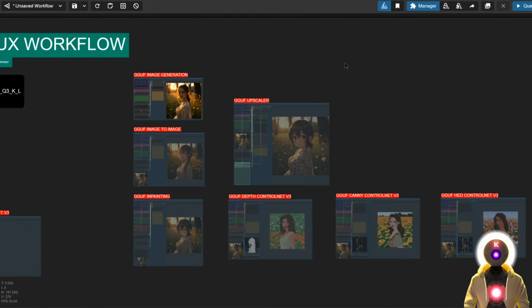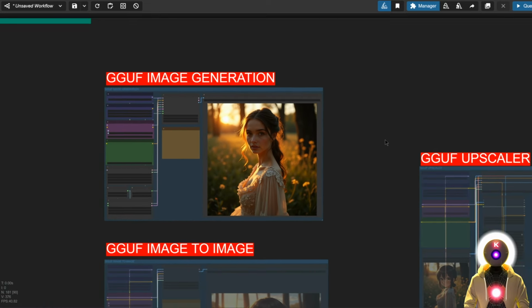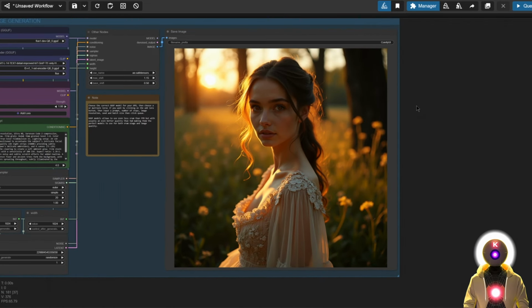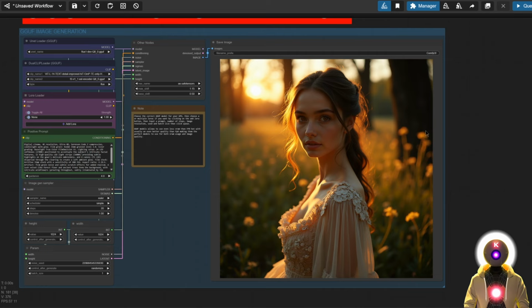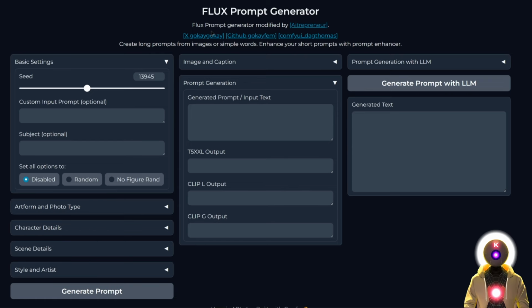Okay, so before we finish this video, there is still another piece of tech that I want to talk about, and that is the Flux prompt generator. Because I don't know if you know, but if you want to create the best images possible with Flux, you need to use a lot of natural language and a lot of details in your prompt. And you can either spend a lot of time writing the prompt yourself from scratch, or you can use an automatic Flux prompt